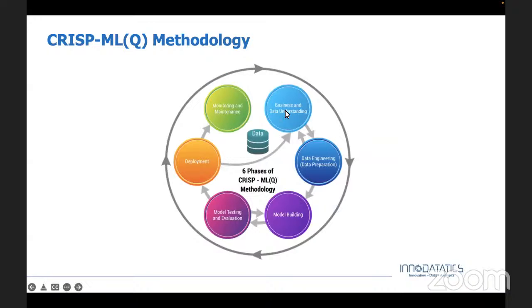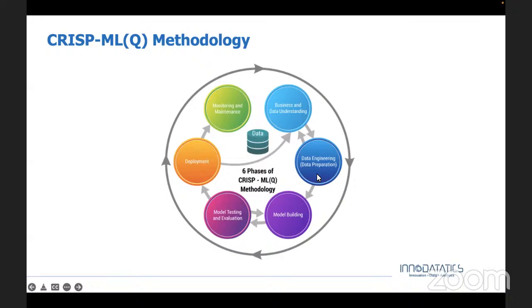Here is CRISP-ML(Q). You need to understand the business aspect of the problem that we are solving, as well as thoroughly understand the data. How much data is given to you? What is the dimension of the data? And multiple other things, right? What are the various data sources? What is the rate at which data is getting generated? All of this. And we then move on to the data engineering aspect, wherein you establish the connection between different applications,